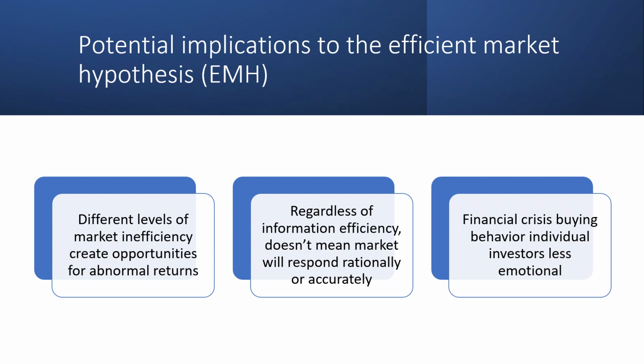Regardless of the level of information efficiency, efficiency gains do not mean that the market will respond rationally or accurately. Weak form market efficiency has been shown to offer abnormal profit opportunities due to a lack of easy access to metrics for most investors, resulting in an inability to chart patterns to predict future potential movement in value. The EMH doesn't consider the impact that behavioral economics has revealed influences investment decisions related to the irrationality of humans.